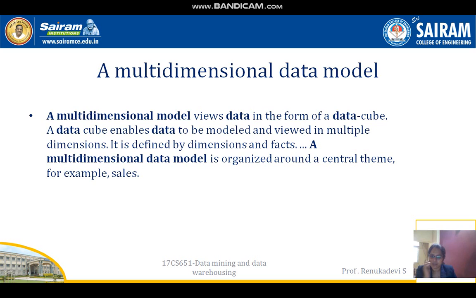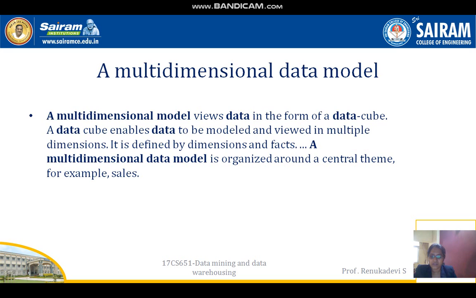For example, in sales, a shop may create a sales data warehouse to keep track of the store's sales for the dimensions time, item and location. These dimensions allow the shop to keep track of things, for example monthly sales of items and the locations at which the items were sold.